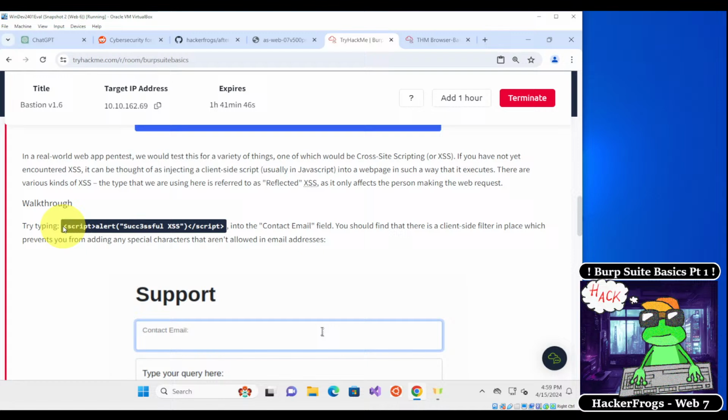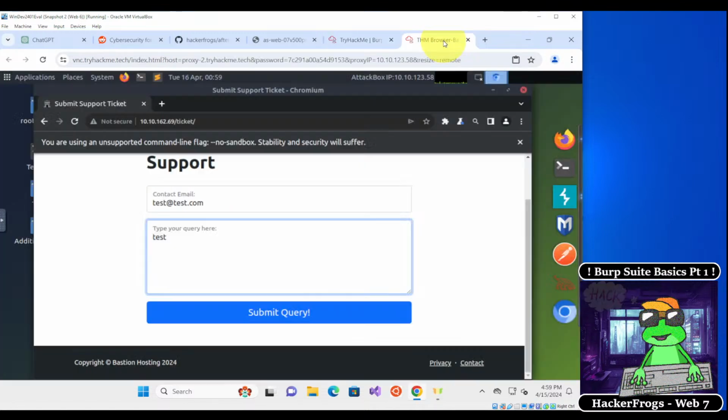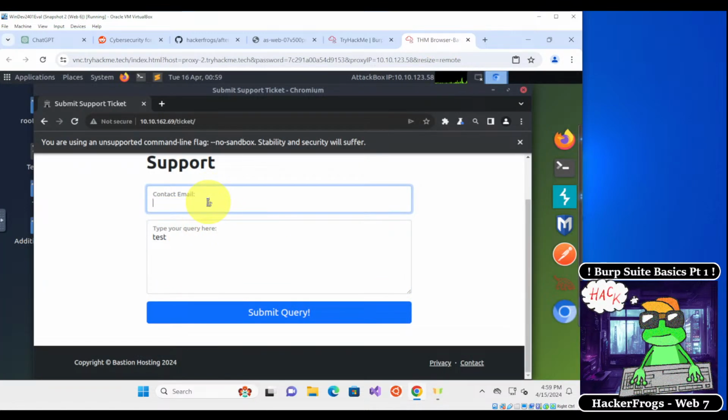So if we were to try to copy this and just paste it into the web app, they've got code to delete the payload as soon as you type it in. So I can paste this in, it just keeps on being deleted. So what we're going to do is intercept this, making use of the intercept functionality that we turned off at the beginning of turning on Burp Suite, because this is where it would come in. So let's enter test@test.com, and then inside of Burp Suite,